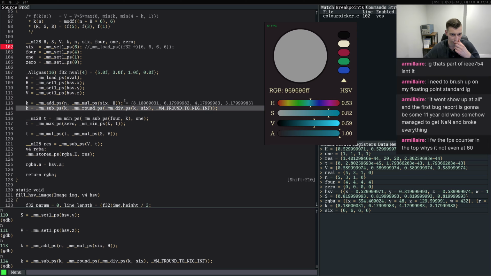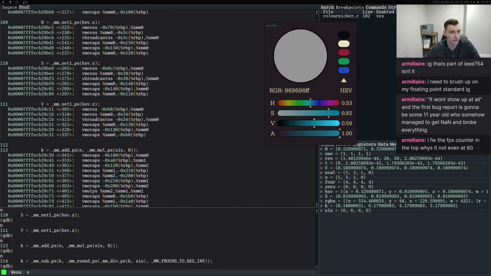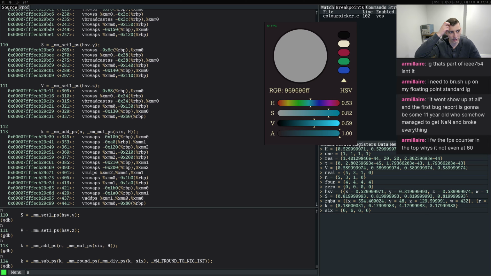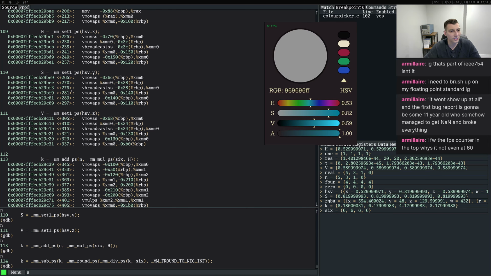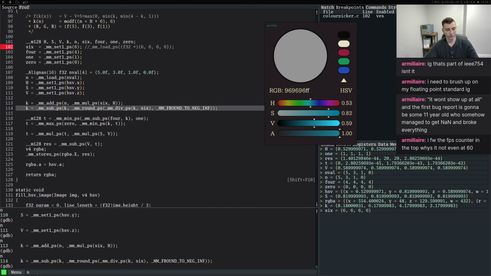So 5, 3, 1, and 0. There's some weird rounding going on there, but that's okay. This is where it makes more sense to break this into separate steps, but that's fine. Also, the compiler just converted it to the wrong instructions, and it's doing a bunch of garbage unless you enable optimizations. So, anyways,